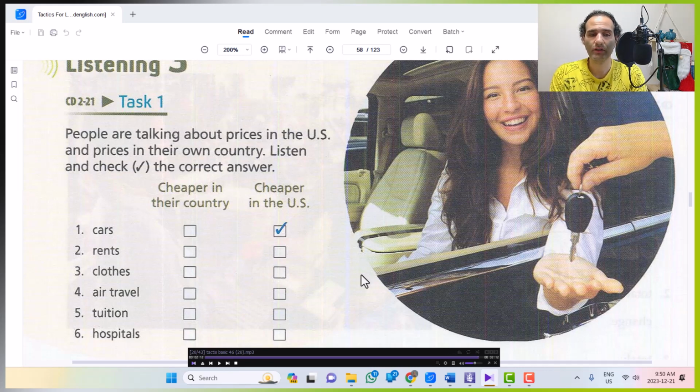Good. A very important point of North America, hospitals and the medical system. So here you have to pay a lot to visit a doctor in the United States, but back home, most of the clinics and hospitals are run by the government, keeping the prices low. Okay, that was beautiful.